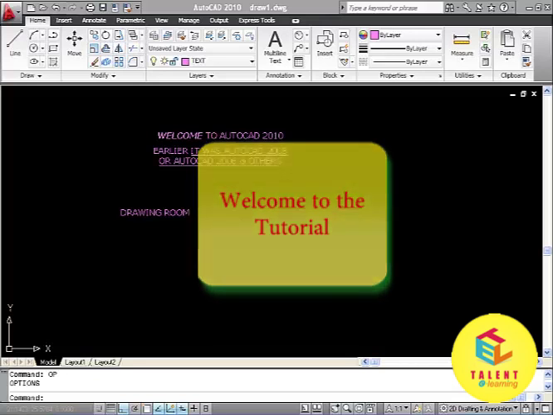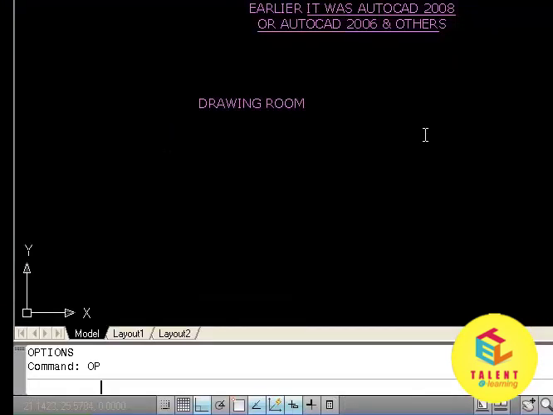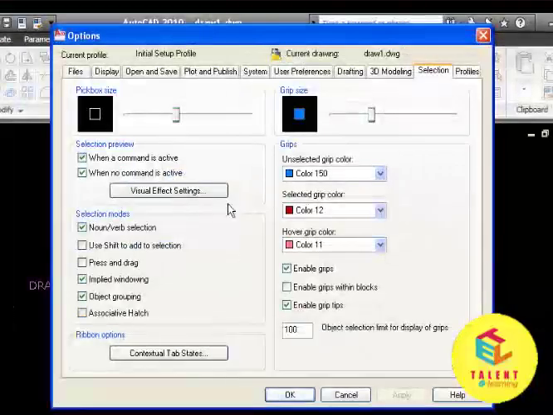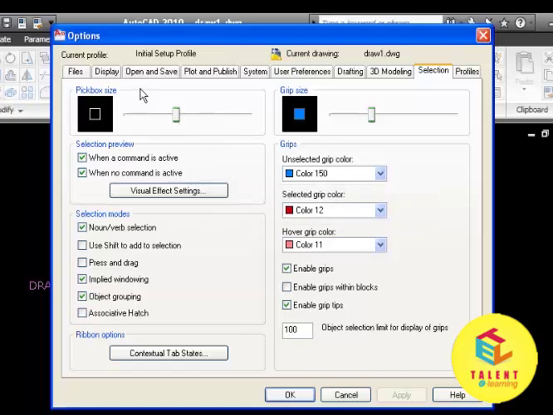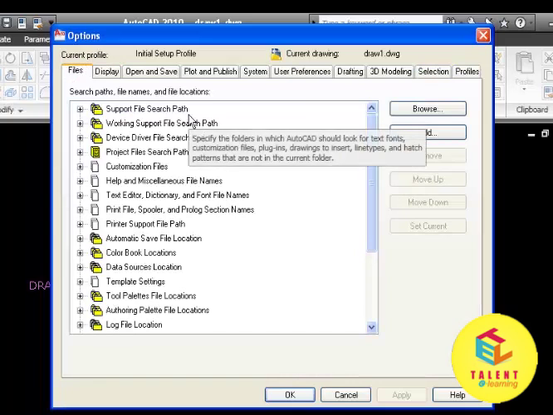Now we will learn the options. Options in Autocad are used to set up the windows and some of our preferences. It is opened by the command OP. This dialog box will display options for display, file, open and save, plot and publish, system, user preferences, drafting, 3D modeling, selection and profile. Here, if we talk about files, these are several files which are useful for Autocad and